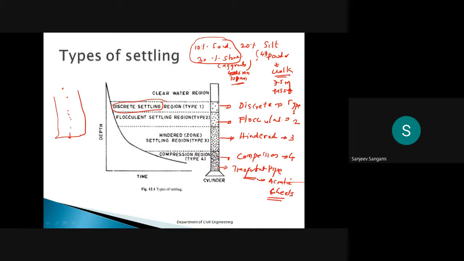Discrete settling is nothing but a process of settling where the size and the shape of the particles will not change. Immediately, the first one is going to settle. Within 3 or 4 minutes it is definitely going to settle. Then the second one,